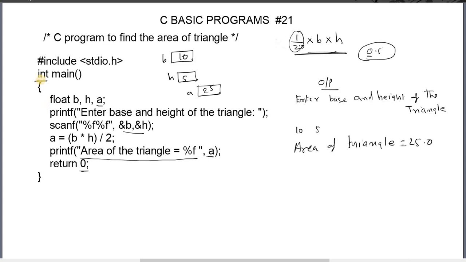The return type indicates what type of value is returned by the function. If you don't write return 0, you write void here. Void indicates there is no return. Return 0 indicates the true status. It means it indicates the program has successfully completed.